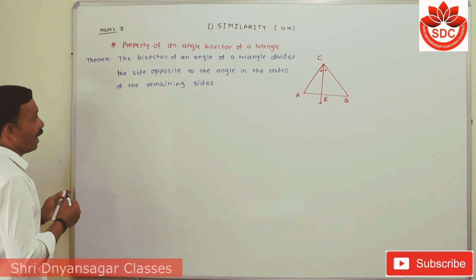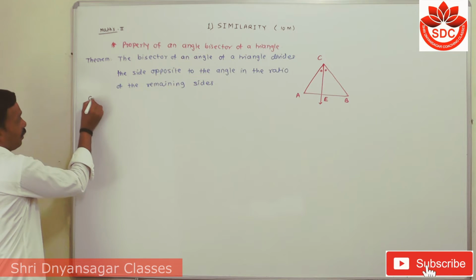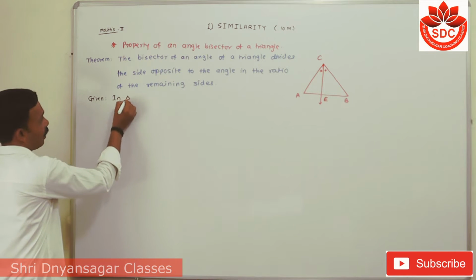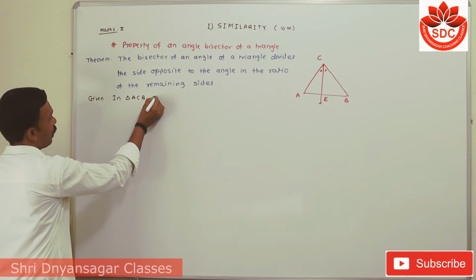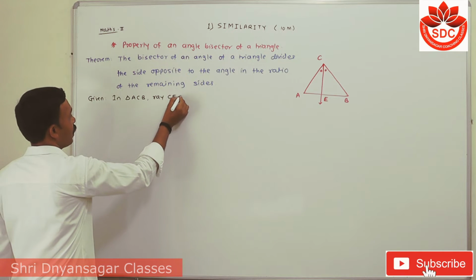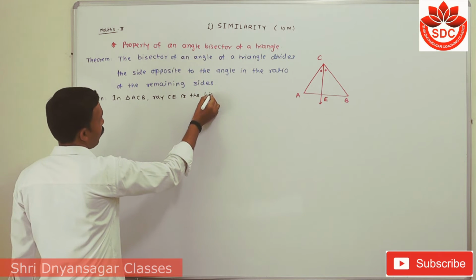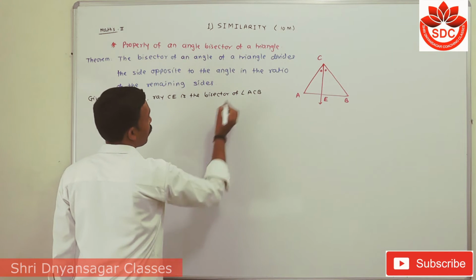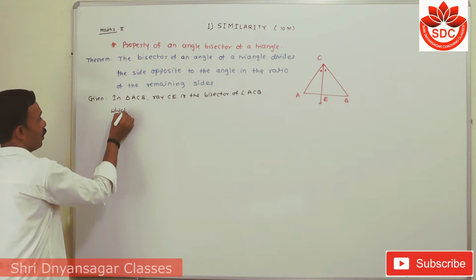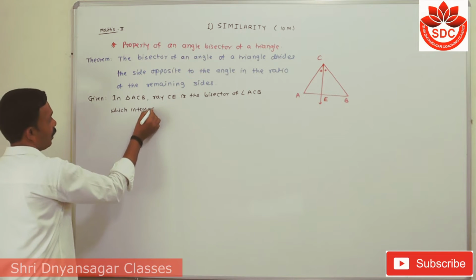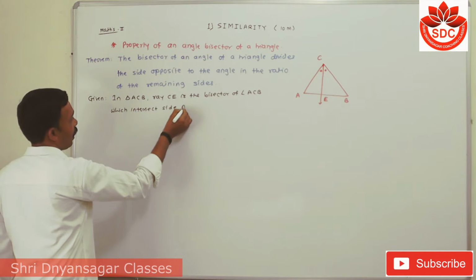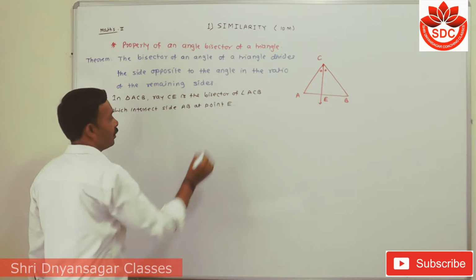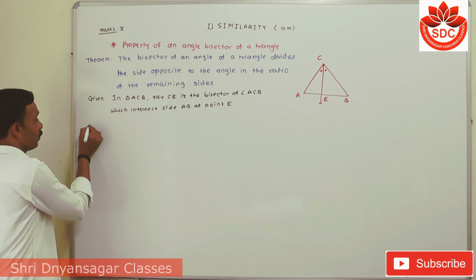Now in this given, we write: given, in triangle ACB, ray CE is the bisector of angle ACB which intersects side AB at point E. This is our given. Then to prove: